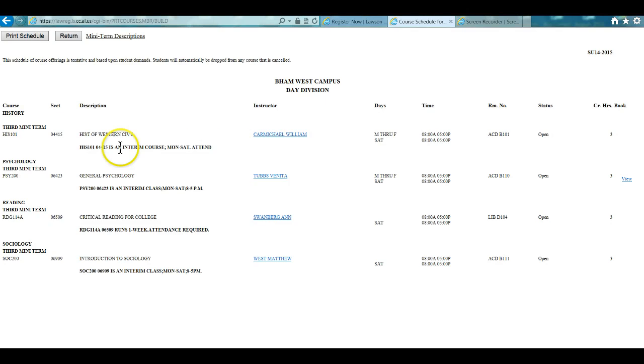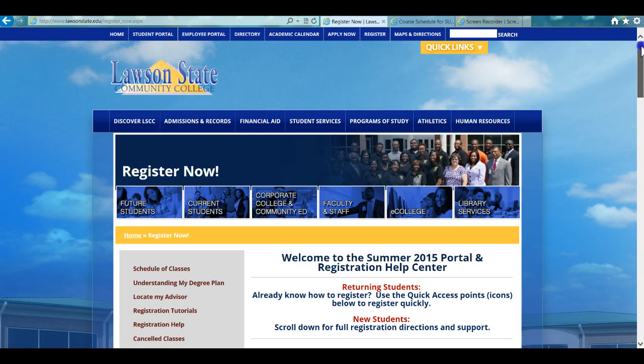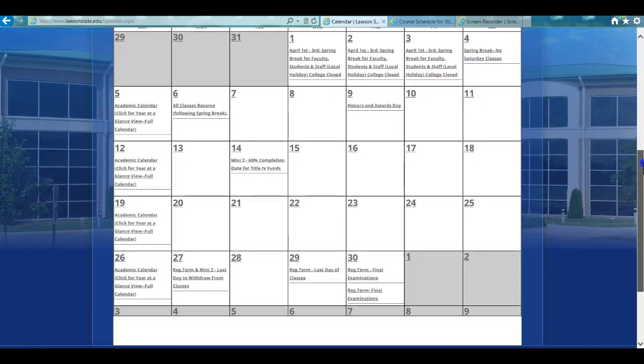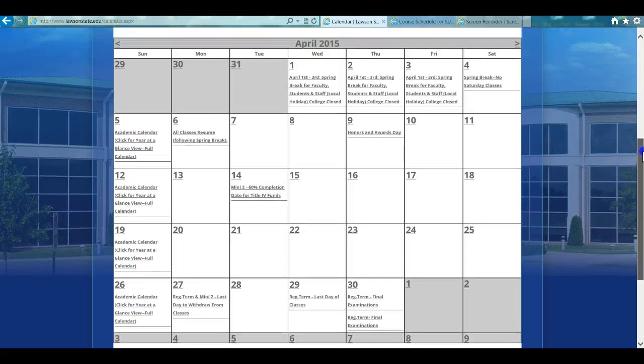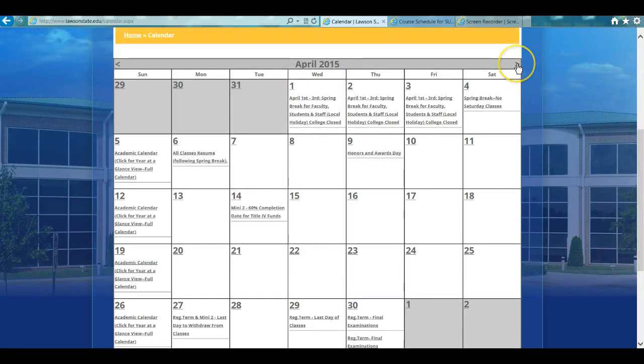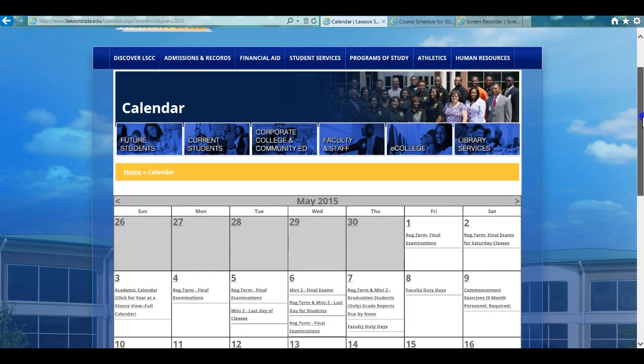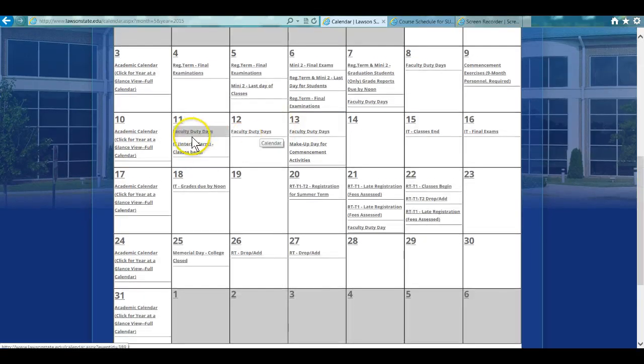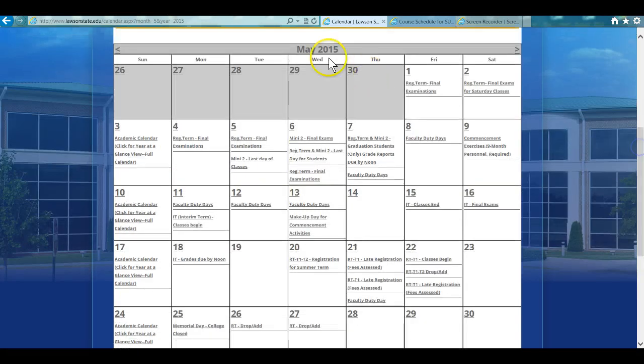So let's take a look at when this term runs. I get a lot of messages or emails about this. We have an academic calendar right here on the website. So if you ever have a question about when terms end, when terms begin, you can come right to the website. Let's go to May. And we're just looking for the beginning of the interim term, and here it is. So classes for the interim term, you see that right here, IT interim term, will begin on May the 11th,